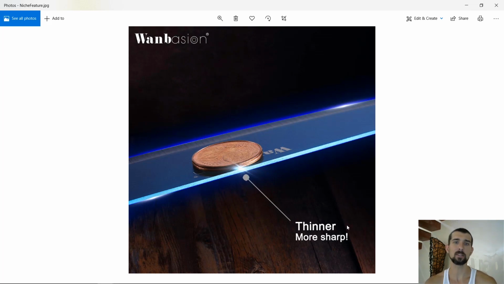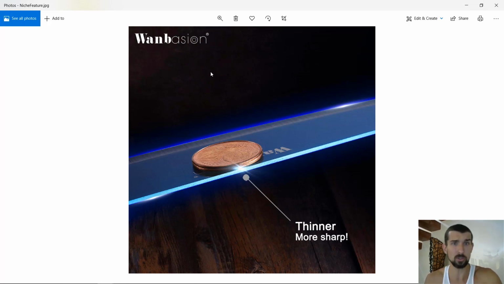Next, we show, you see, thinner, more sharp. Each thing to its niche. So for example, in knives, yes, we want a strong knife, but it's really thin. Here they have 2 euro cents, and essentially they're showing that this is the size of the euro cent, and this is the size of the knife. The thinner it is, the more sharp. And see how thin it is, like a 2 euro coin. Now, if you're selling in the States, you will not want a euro cent, maybe an American cent. Anyhow, you want to be relevant, you want to go to the small details. If you're showing a euro to Americans, they don't know what it is.